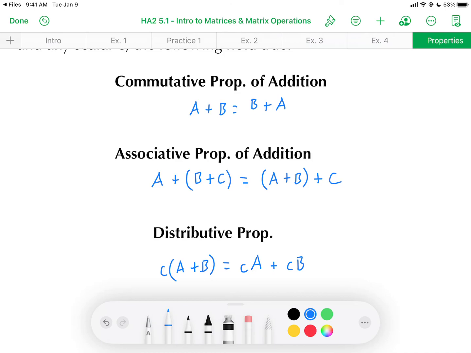Now, I'm making a big deal about properties right now because there's a whole other type of multiplication for matrices, matrix multiplication, where you multiply a matrix by a matrix. You're going to see that some of our real number properties don't hold true for that operation on matrices. Okay? All right. So again,